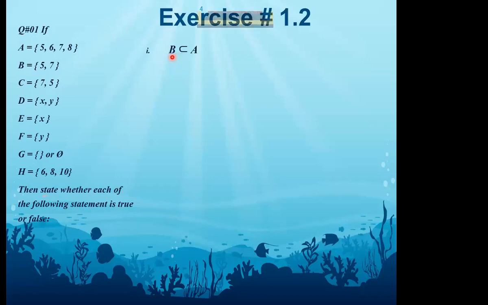You will read it in such a way: B is the subset. As you can see here, you have the closed face, so the closed-faced element will be the subset, and here you have the open face, which means this is the superset. So how will you read it? B is the subset of A. So you have to look at set B and set A, and check whether set B is the subset of A.